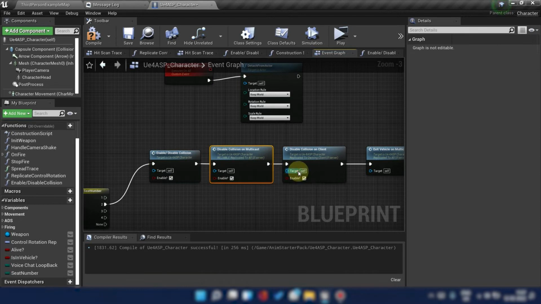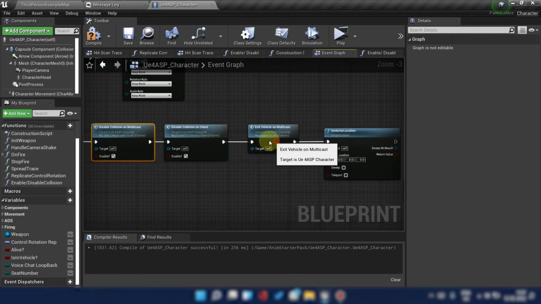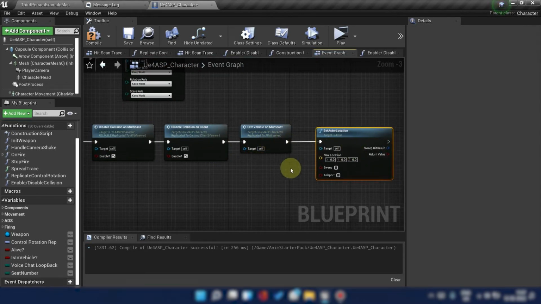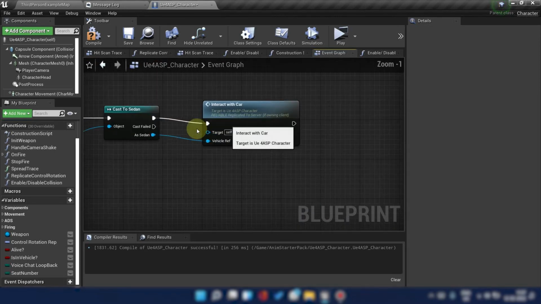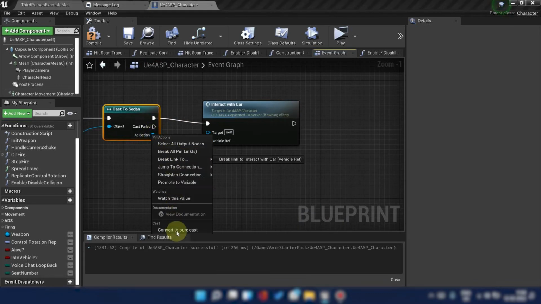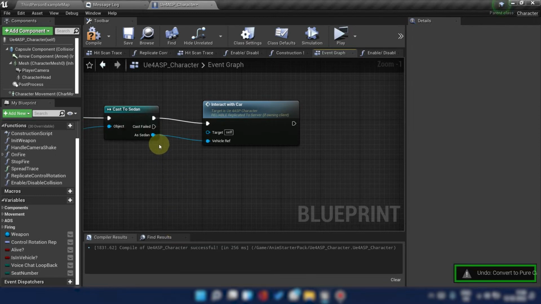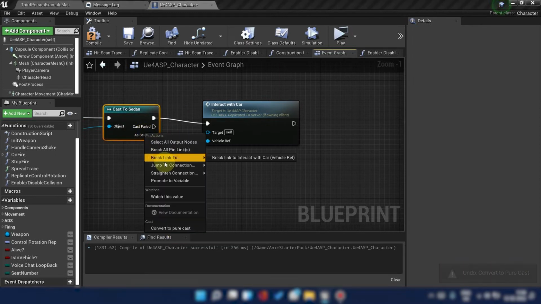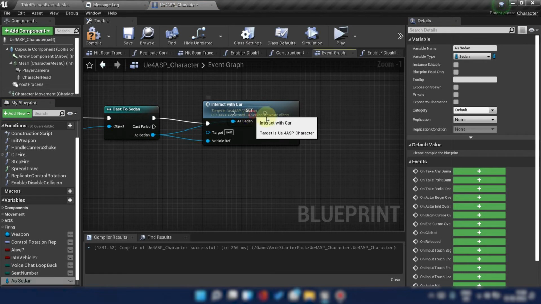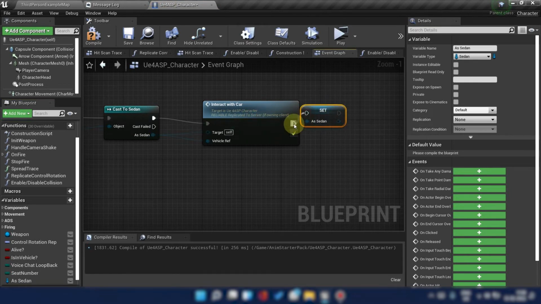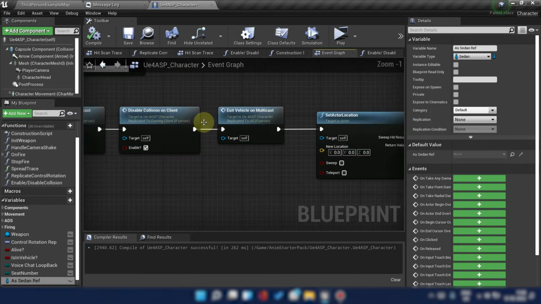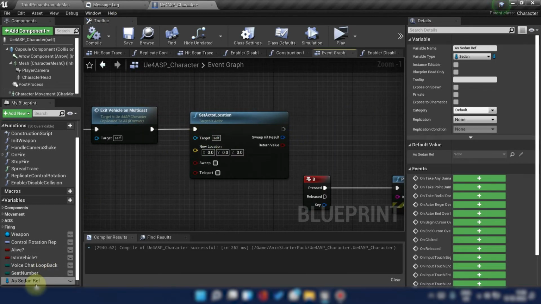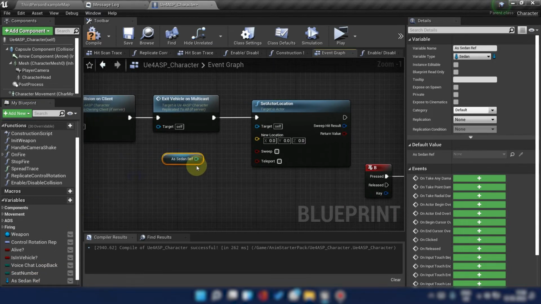So we need the vehicle's reference. Right click and promote to a vehicle variable and make it as sedan reference. Compile and save. Go back here, set actor location as vehicle reference,